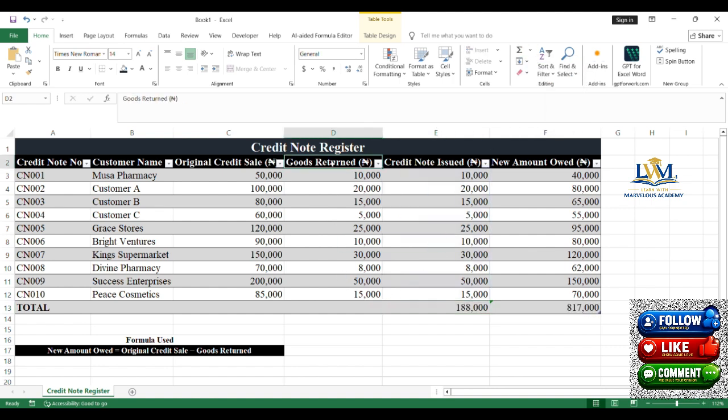How much is the goods return? The total of goods return. We want to know the total of goods return. You put your cursor here and you press sum. It is 188,000 naira. How much is the original credit sales? Original credit sales. Let's put our cursor here. Let us know our original. So you press auto sum, you press sum, and it is